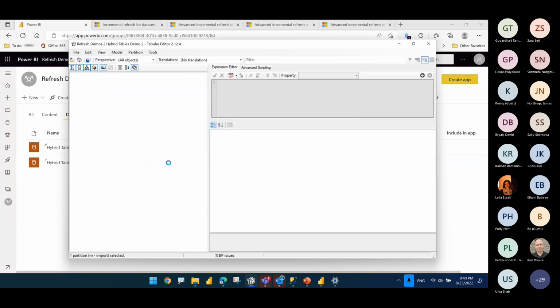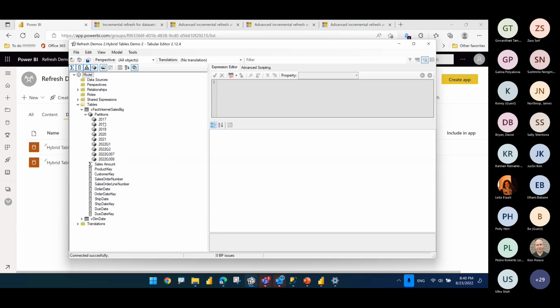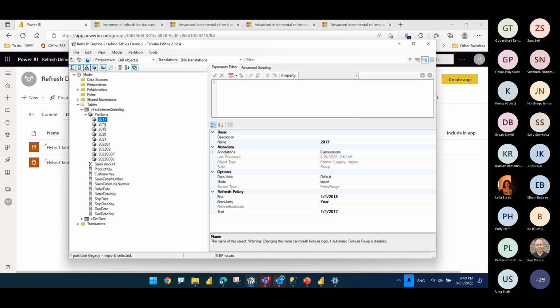And this time, if I did everything right, if I go to the tables under partitions, I should see the partitions. So now you can see that it has created these partitions. We have 5 yearly partitions. And then we told it that we want to refresh the last month incrementally, but you notice that it created a Q1 and Q2 partition, and then one for July